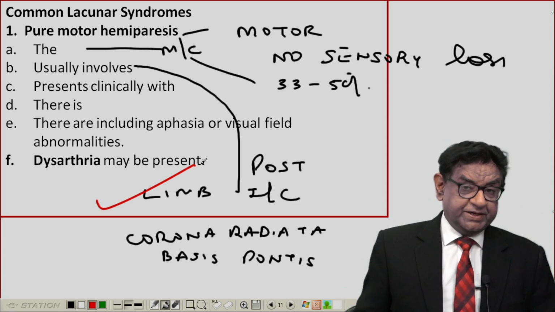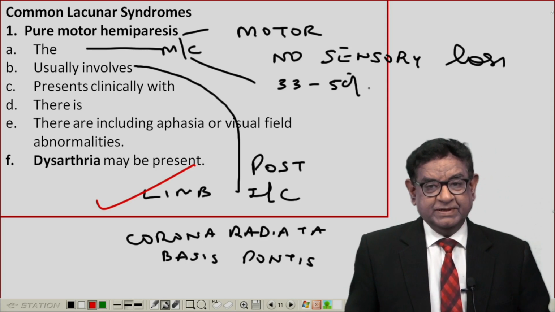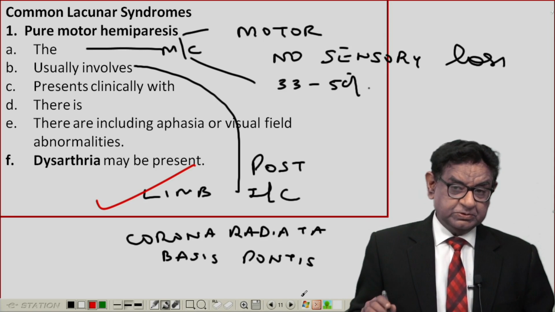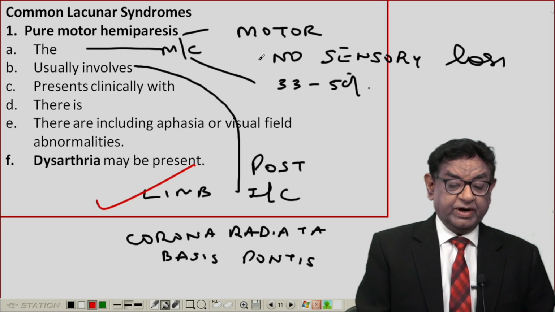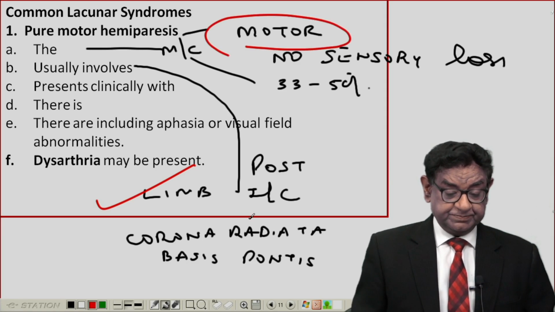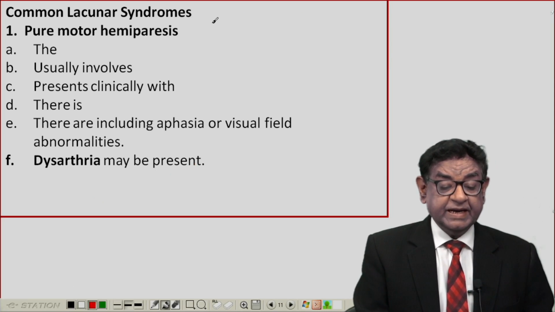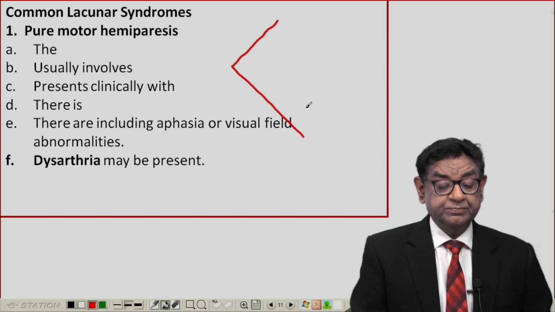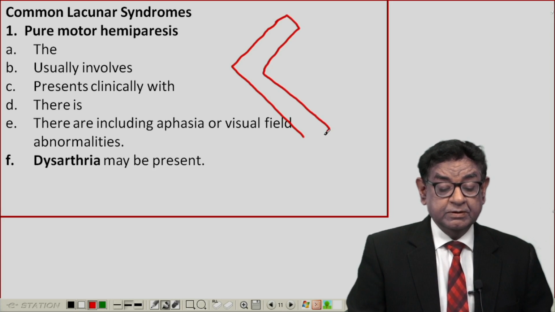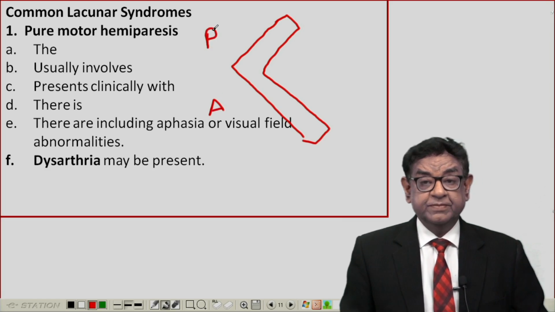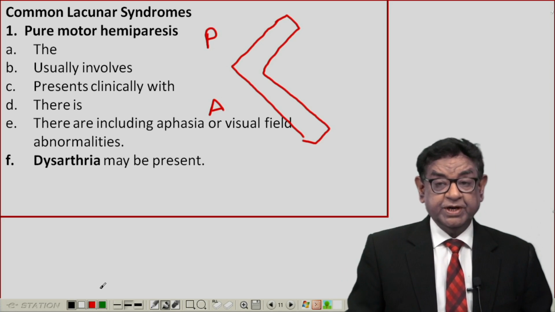Now, let me explain to you why this is happening. This you will never understand unless you know the basic anatomy. So, from the basic anatomy we learn why we have only motor involvement. So, let us learn the basic anatomy of the internal capsule. This is the internal capsule. This is the anterior limb, this is the posterior limb, and I am sure you know about the location of